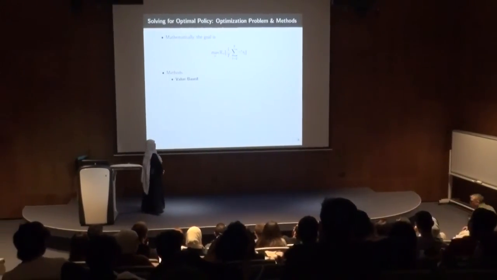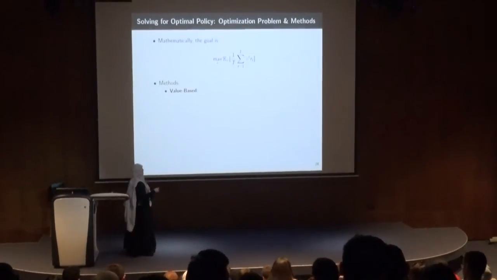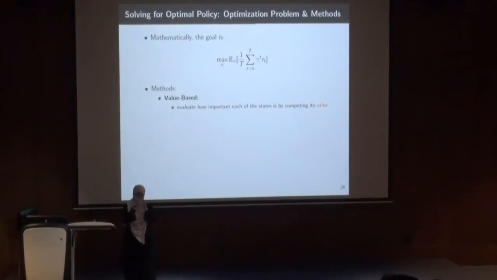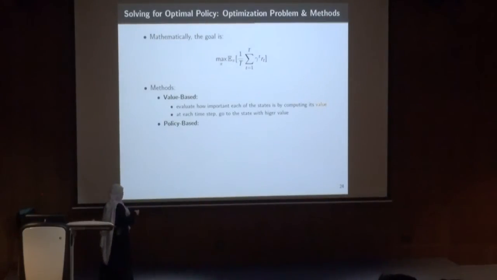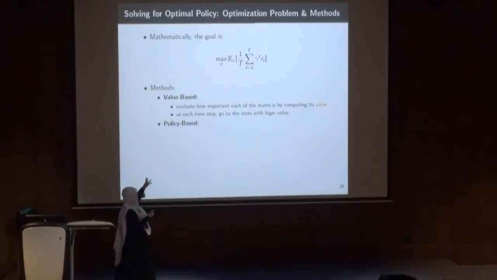Okay. So I have 4 different methods to deal with such a maximization or optimization problem. I have the value-based method. In the value-based method, I compute the value of each state. The value tells me how good the state is. And then my policy would say, go to the state that has the highest value. Then there are the policy-based approaches. So this is an optimization problem. Basically, it's a fancy way of saying find x that maximizes f of x. In math, how do we do that?